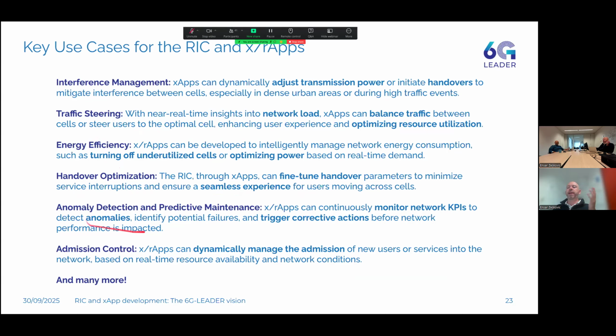We've done things like anomaly detection or predictive maintenance, so not just detecting anomalies, but also bringing corrective actions directly from the applications so that we can mitigate the effects.